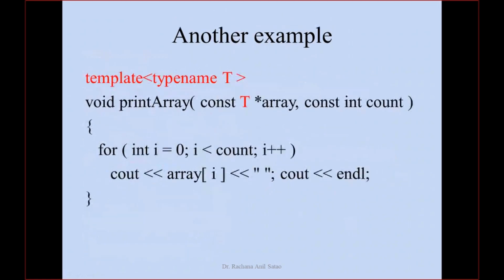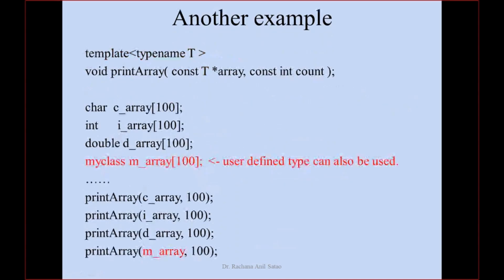Why? Because the stream insertion operator needs to understand, in case I am passing an object, what to display and how to display it. That is the reason why overloading the stream insertion operator is required. But what I'll suggest is you just remember one line, that we can use templates for user defined types also. We don't have that in the syllabus, implementation of user defined data types using templates.